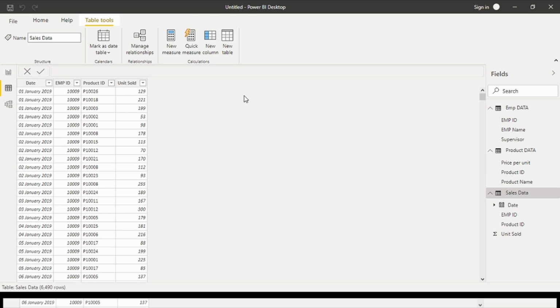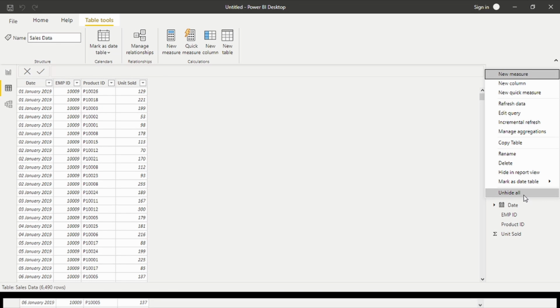First I have to analyze revenue. Revenue is nothing but unit sold into price per unit. Unit sold is in the sales data Excel file and price per unit is in the product data Excel file. So first I have to add a new column.